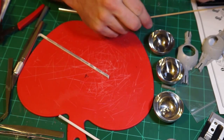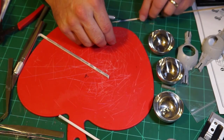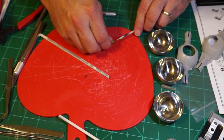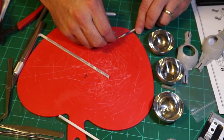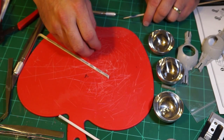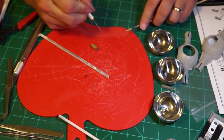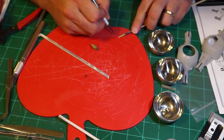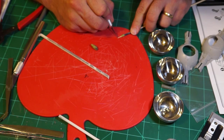Okay? So I take a little piece of poster tack, get my part, put my part down. I'm using a bamboo skewer to maneuver it with. Now, this stuff likes to stick to the poster tack, no doubt of that. Now, I look at it under the optivisors. You guys, I don't know if you can even see this tiny little part. I hold it with the bamboo skewer and I trim it with my knife. They're so small,